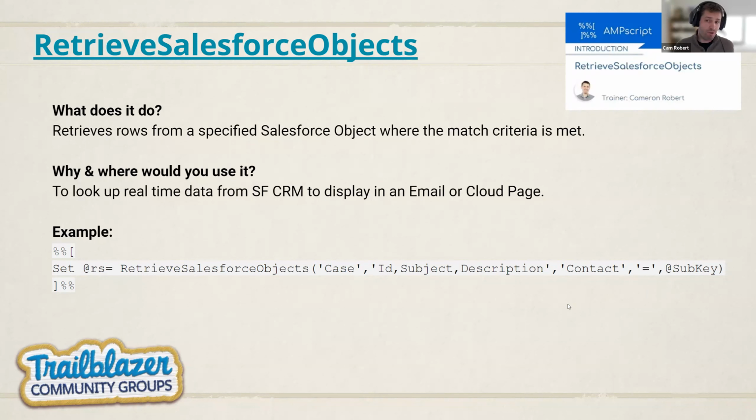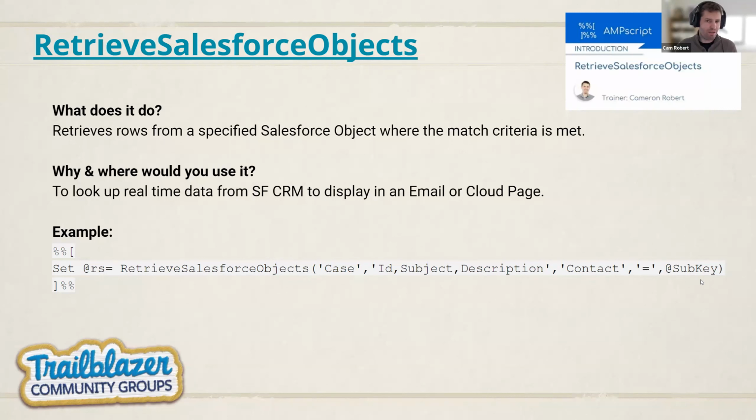So it retrieves rows, simple as that. Very similar to a lookup rows function in Ampscript, except going to the CRM, not to data extensions. Here's an example. We can retrieve Salesforce objects from the case object. I want to retrieve the fields of ID, subject, and description where the contact in the case object is equal